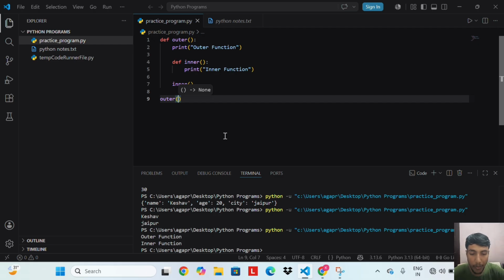Python allows you to define a function inside another function. This is called a nested function. Here inner is defined inside outer.